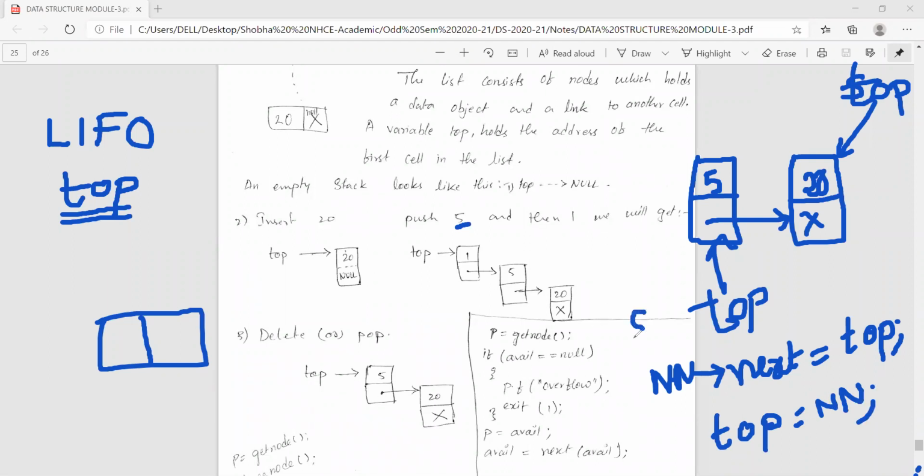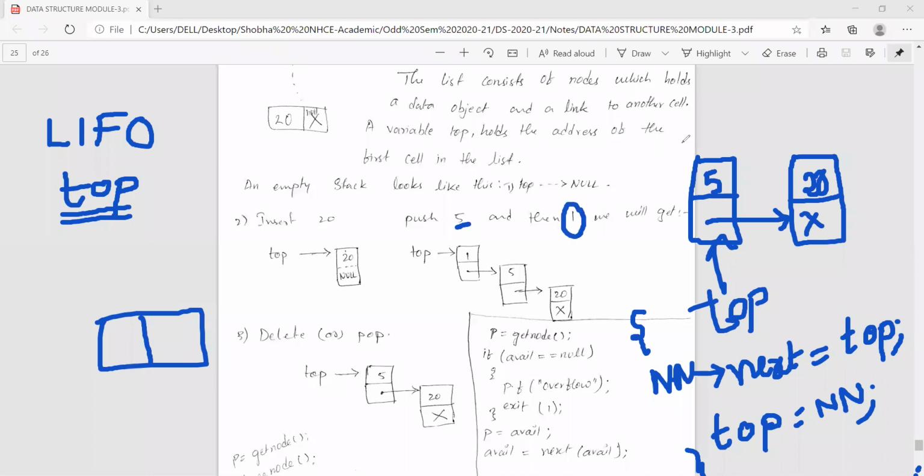These two statements you will do for the push operation using a linked list. Now again, when top is pointing to this element 5, I want to push the next element, that is 1, into the linked list.